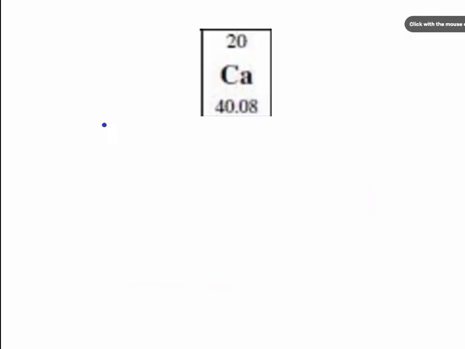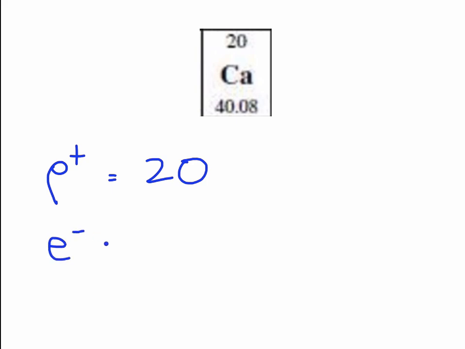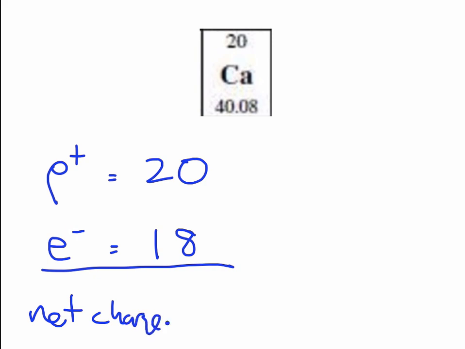Let's look at calcium. Calcium has atomic number equal to 20. That means it's got 20 protons. And calcium can be neutral, but calcium tends to form something that has 18 electrons. And again, we'll learn why next class. So what's the net charge? Well, the positive things win by 2. So is it plus 2 or 2 plus? 2 plus. So this is not an atom. This is an ion. And instead of saying an anion, we say a cation. And the way I remember this is T looks like a positive